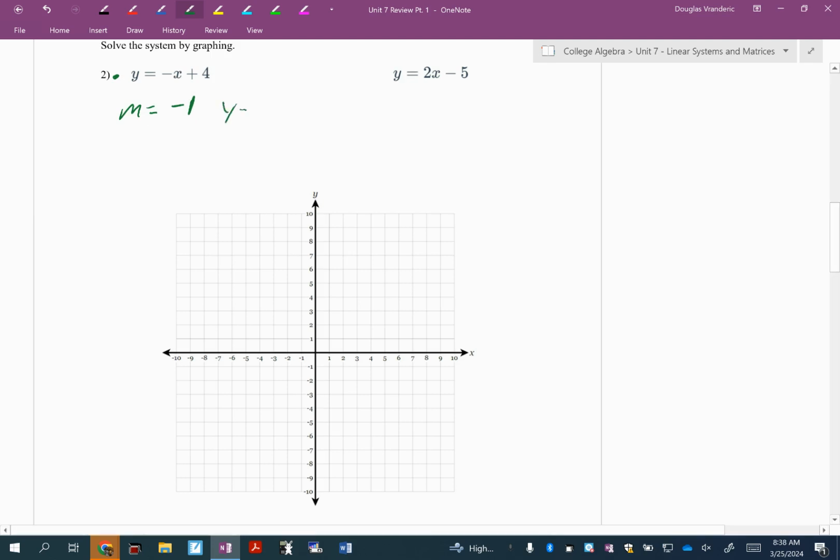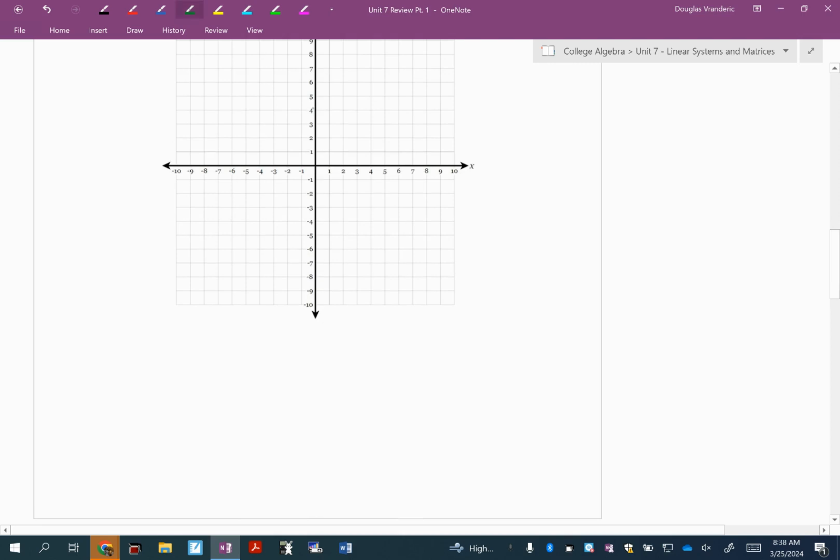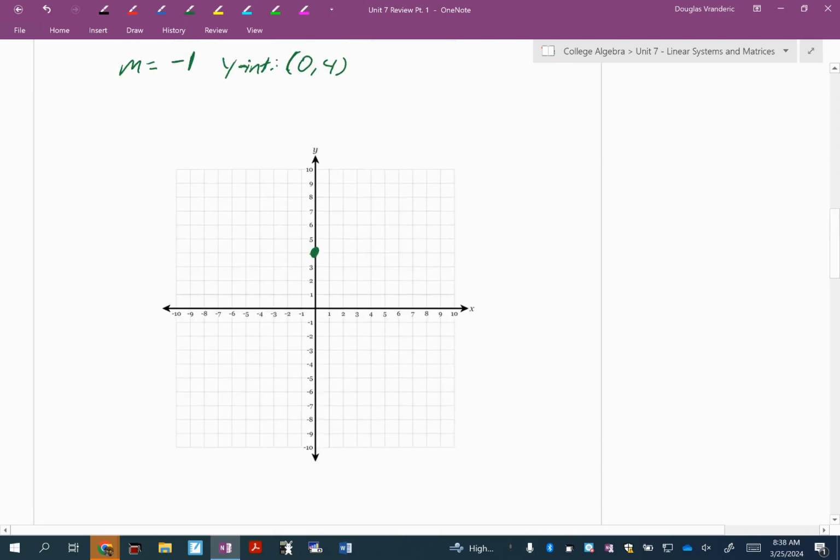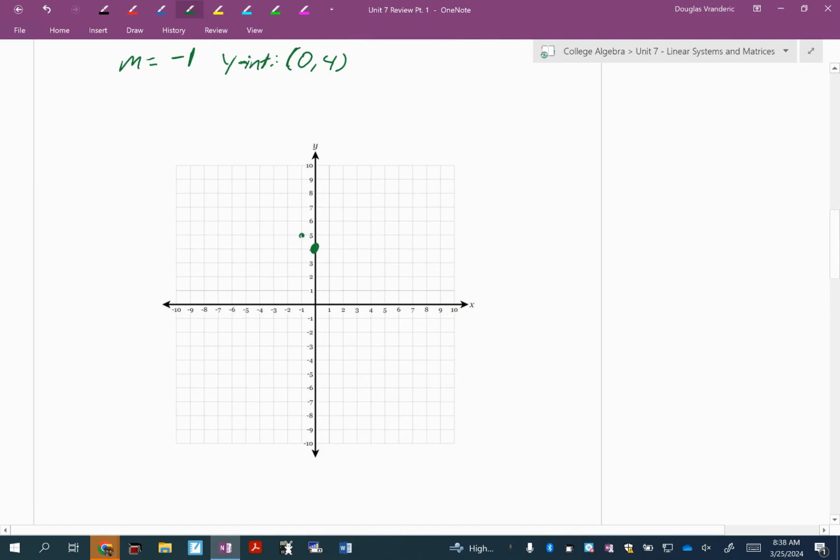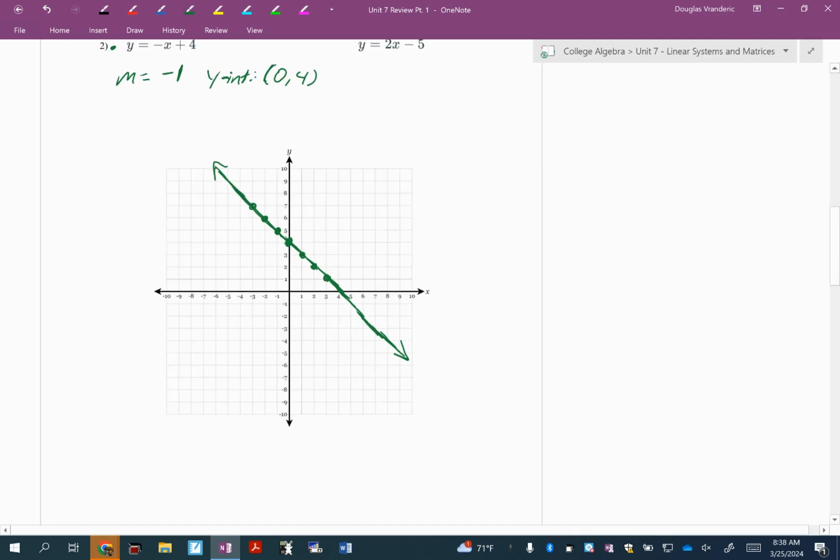Okay. The y-intercept is 0,4. So go to 0, 4, plot a point. A slope of -1 means I'm going to go up 1 unit and left 1 unit, up 1 and left 1, or down 1 and right 1. So doing that and graphing it will give me that first line. All right, so there's my first one. My second line